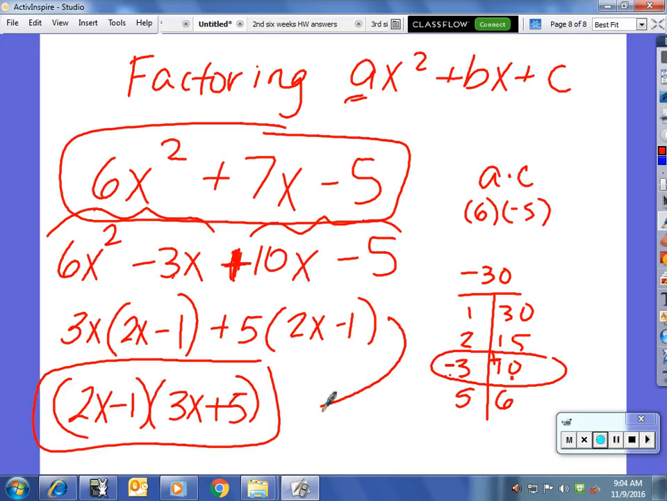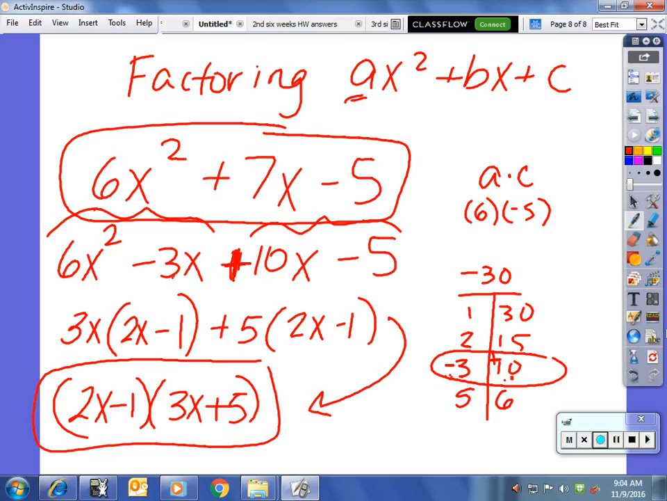This from here to here? Okay, so did you understand where I got the positive 10 and the negative 3? Did you understand the GCF? Okay, well, now it's still GCF basically. Okay, what you're doing